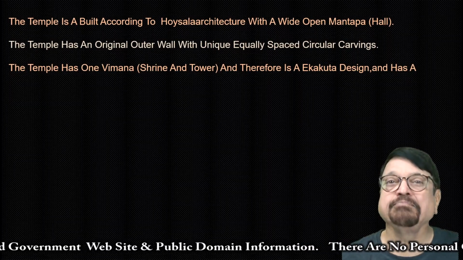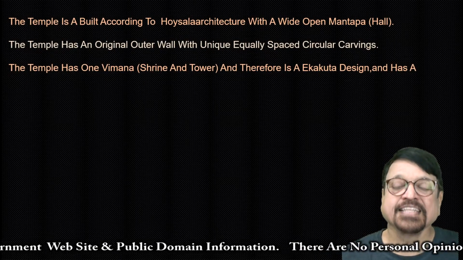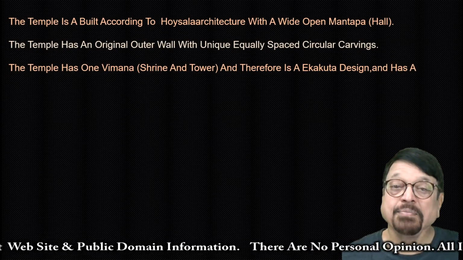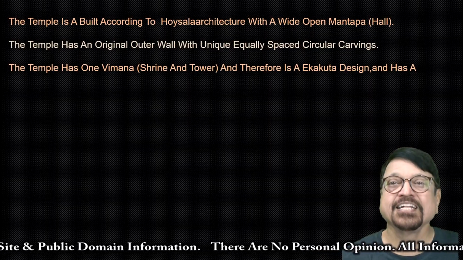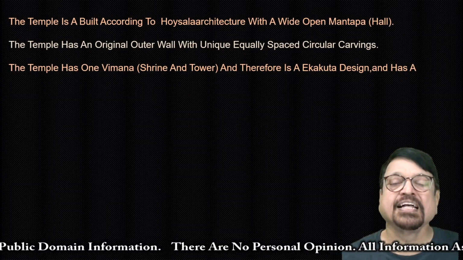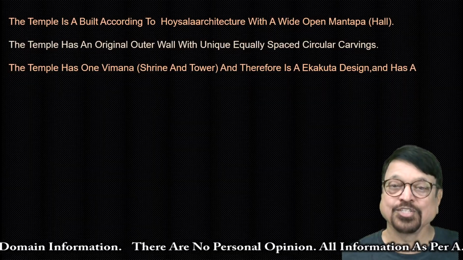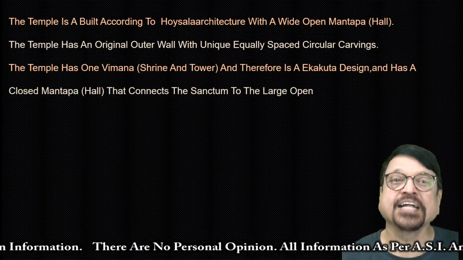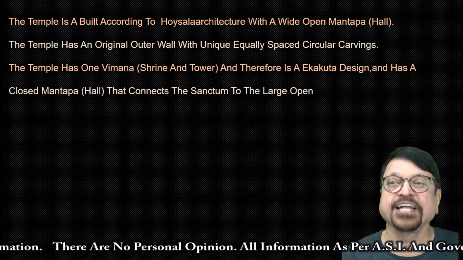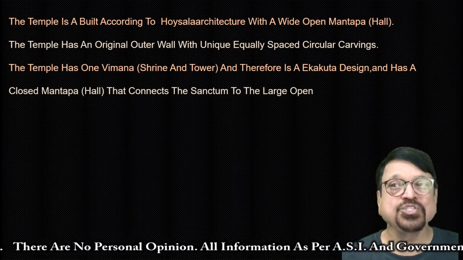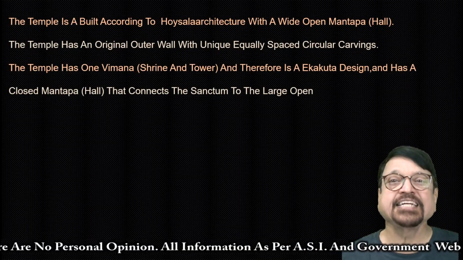Now the temple has a Vimana. Vimana is a kalasha, that is the shrine or tower, and it is only one. So what does it indicate? It is Ekakuta designing. Ekakuta is a single shrine, and it has a closed mandapa that connects the sanctum to